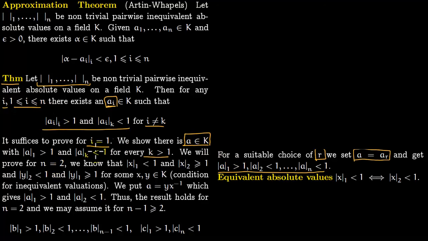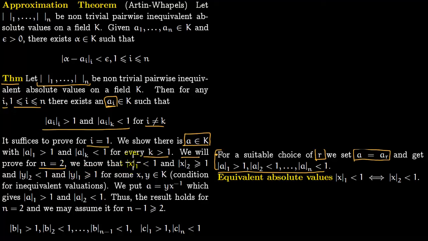So we have to go from here all the way to the end of the proof, which will be here. So we have to construct this r, and we are going to use induction. Since we want to use induction, we have to start with the case 2. So we will prove for n equals 2 first, and then make the inductive assumption. So for n equals 2,